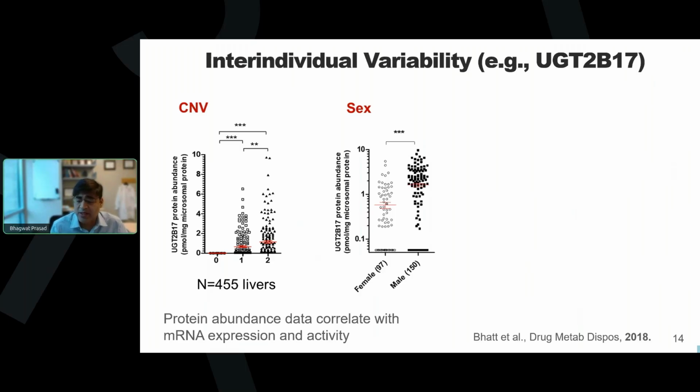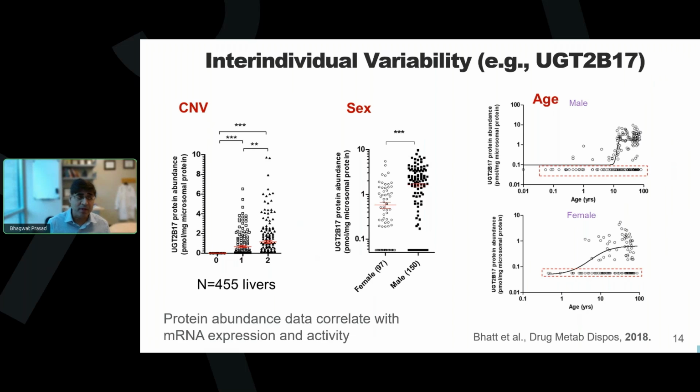In males versus females, we also have a huge difference, almost four-fold. And then we have also seen very interesting ontogeny, the age-dependent differences in protein abundance. So what I'm trying to highlight is these proteins are highly variable, and when you are developing a NAM model for these proteins, you're going to see that difference without having any apparent difference in the cell type or cell physiology, cell viability, right? So the viability of the cell will not be different, but your CYP3A4 level could be tenfold different. And that's where characterization of protein abundance becomes extremely important.